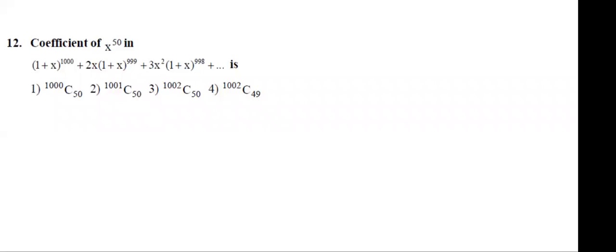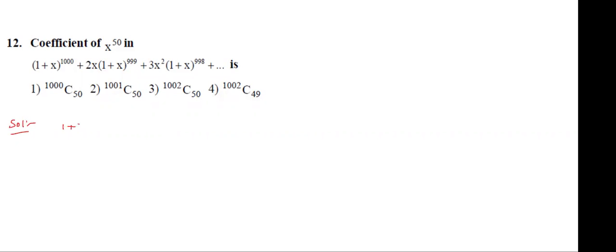In the previous class, the level 3 fifth problem was completed. Now this is the 12th question. Find the coefficient of x^50 in (1+x)^1000 + 2x(1+x)^999